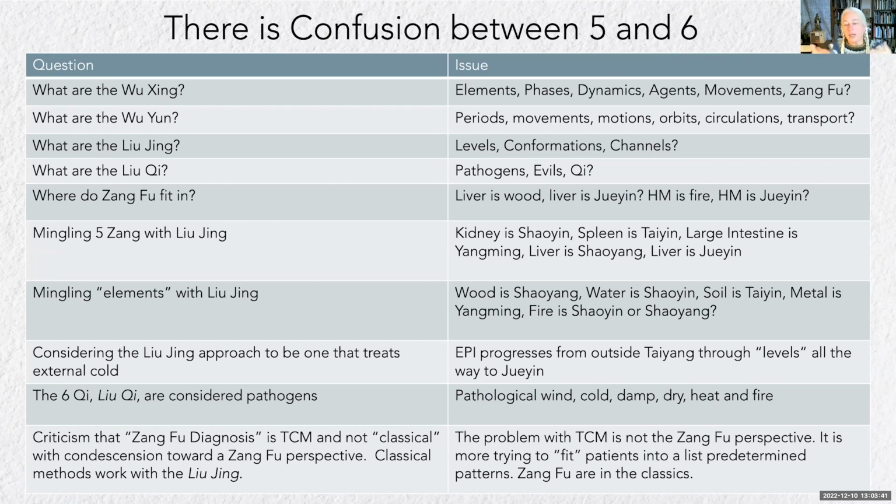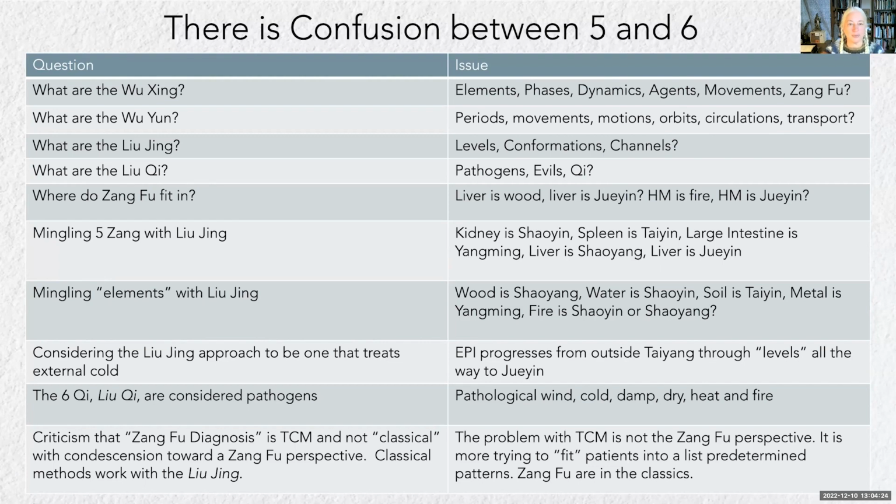And so I'm sure we've all had that experience of trying to find our patient in the book, which is what we're trained to do with TCM, and not being able to find a pattern that really fits our patient. And to me, what that really means is that we're not actually diagnosing our patient and seeing the pattern that our patients are exhibiting, and having a way to articulate that and then connect it to functional treatments. Instead, we're trying to fit our patients into predetermined patterns.